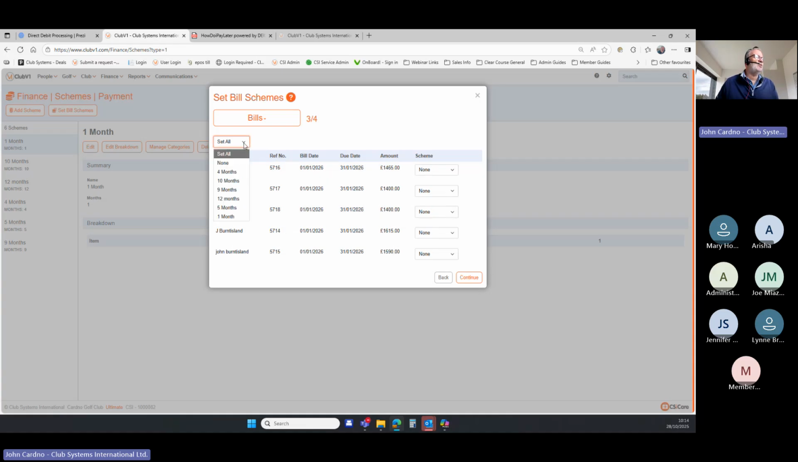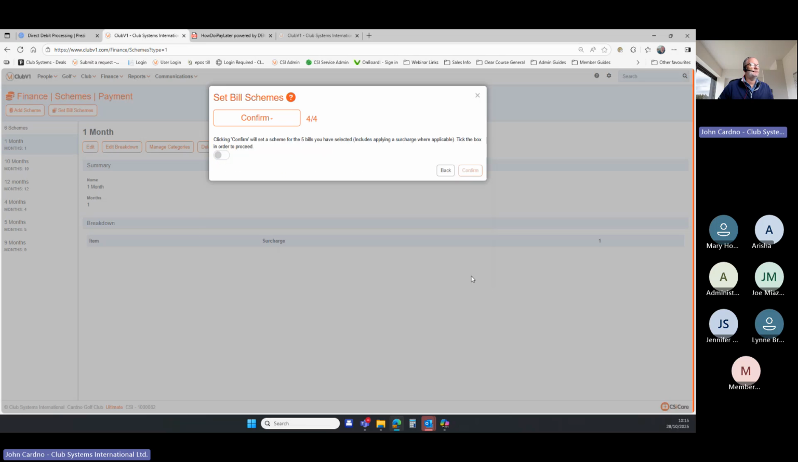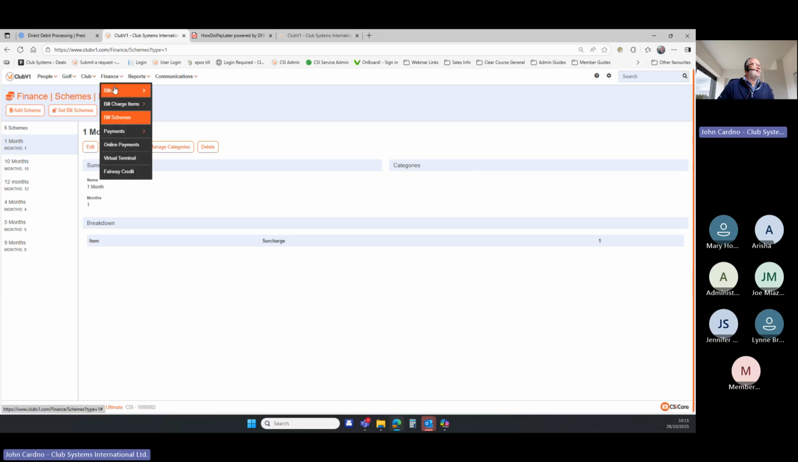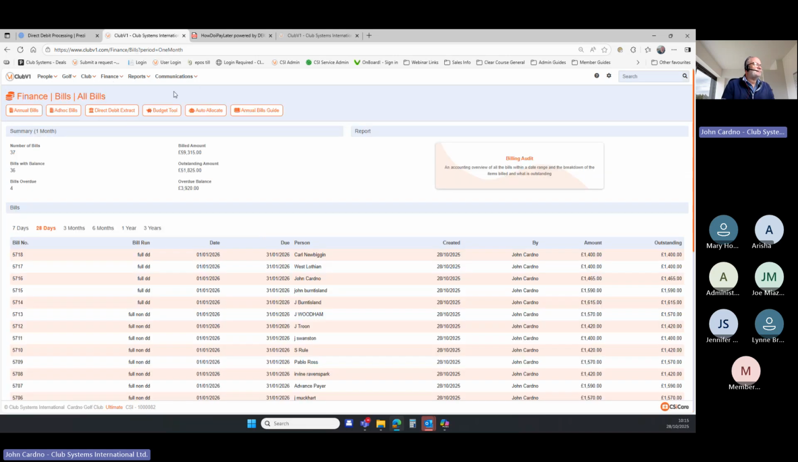And what I want to say is all those people, I want to split their bills over 10 months. So I don't have to go through each individual and set what scheme. When I do my annual bills, I can set those annual bills with the normal annual scheme that I'm going to set. If I go continue, proceed, confirm. What this then means, when I go back to my finance, my bills, and get my bill runs,